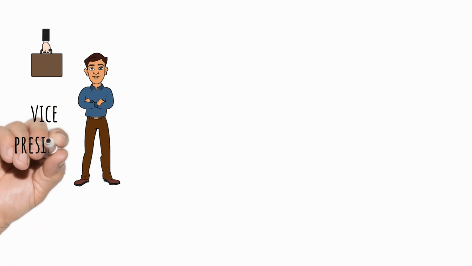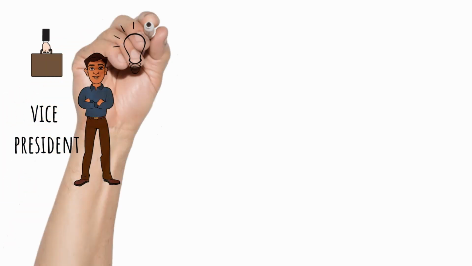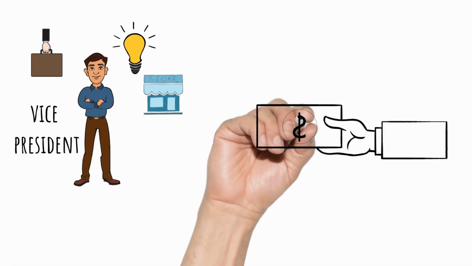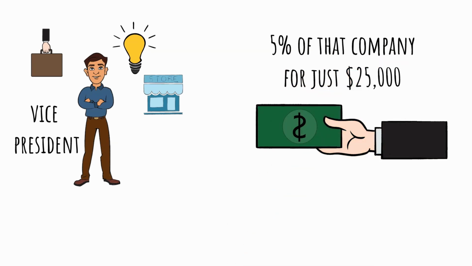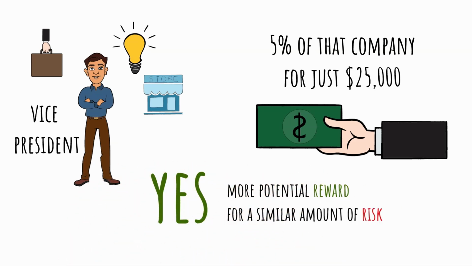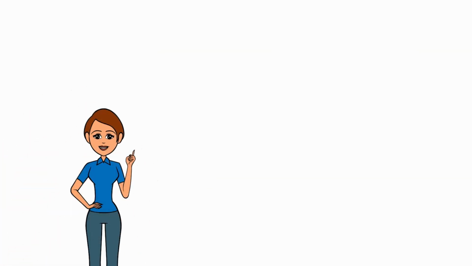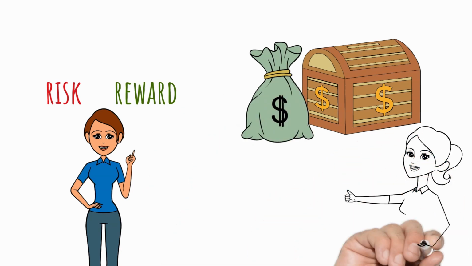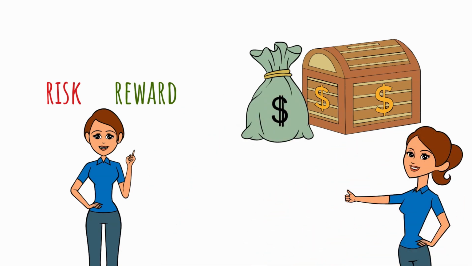But what if I told you that this nephew had been working for a major burger chain for the past 15 years and he had been vice president of every important aspect of the business? He's finally ready to branch out on his own and build a worldwide burger chain. And what if you could buy 5% of that company for just $25,000? Would you be interested in making this small investment if there was the same amount of risk? The answer should be yes, because there is more potential reward for a similar amount of risk. So you can see that it is important to evaluate risk and reward if you're going to start going after real wealth. Remember what we talked about today in order to become financially secure.